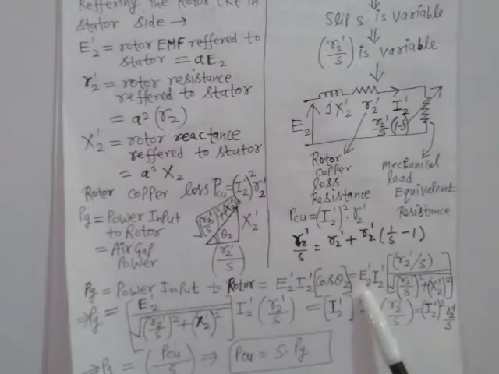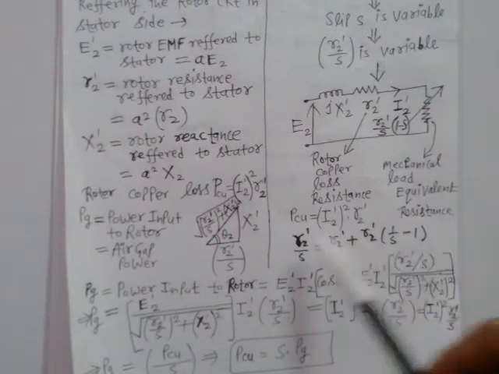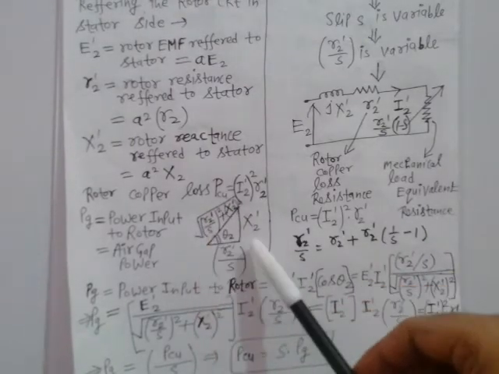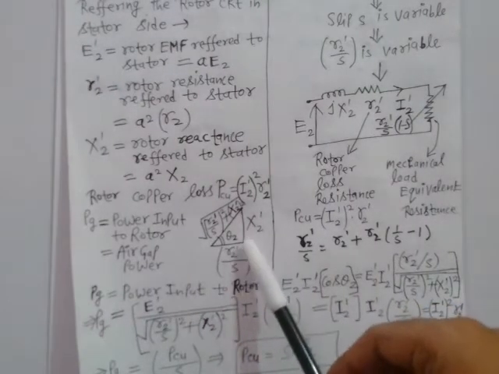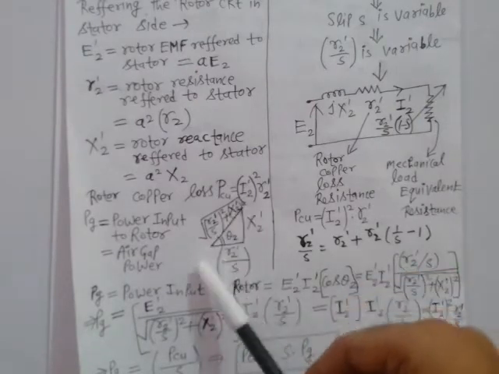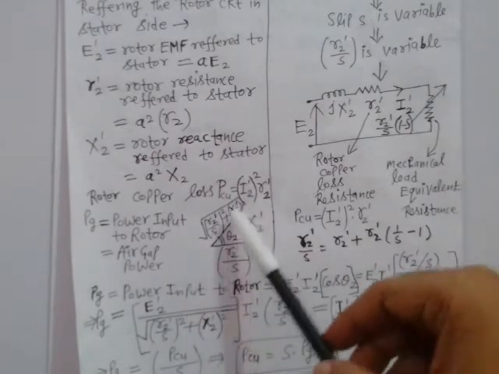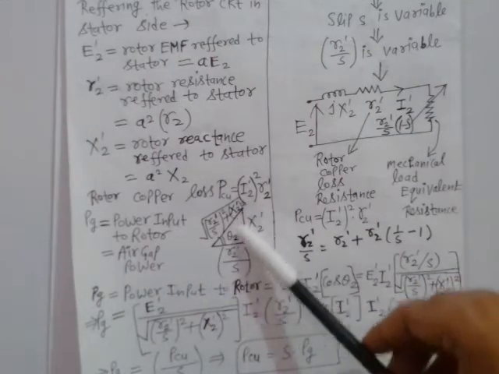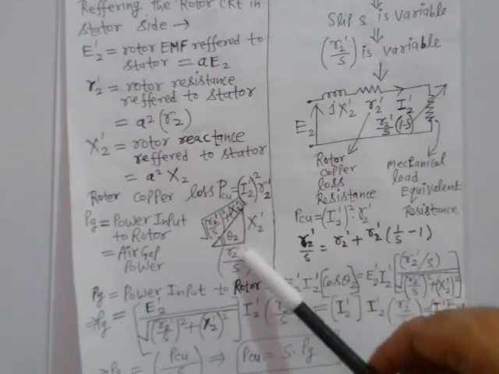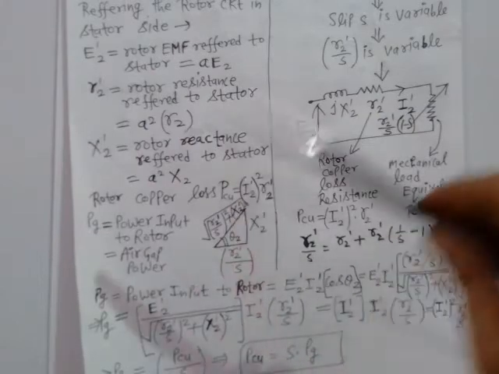E2', this is just like P equals VI cos phi, right? So in place of cos theta 2', you can put this whole value in the bracket. Cos theta 2 is the power factor of rotor, right? So write cos theta 2, which is equal to this base divided by this hypotenuse. This is basically the impedance triangle, which you might have studied in electrical technology first semester. On the horizontal axis you write resistance, on the vertical axis you write reactance, and the hypotenuse would be under root resistance square plus reactance square, right?